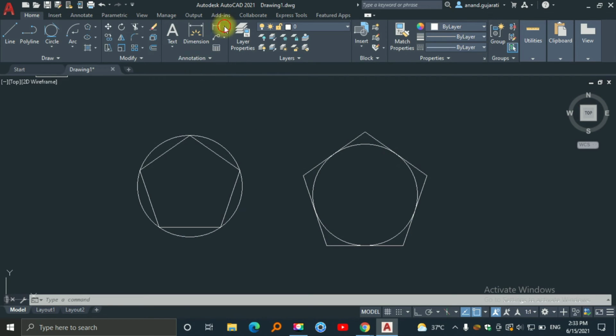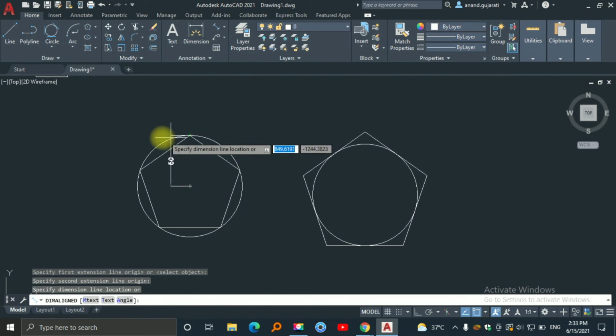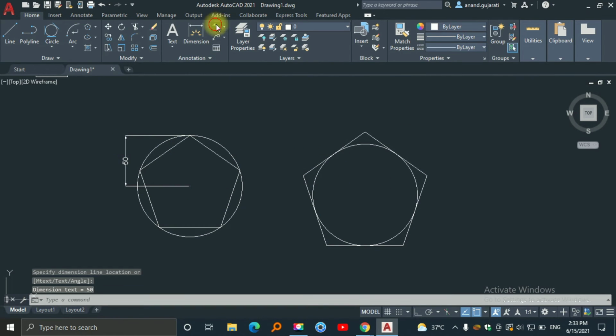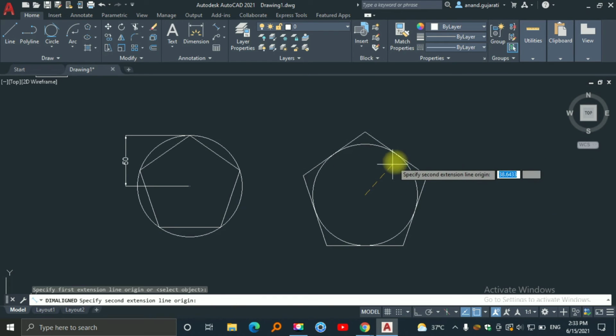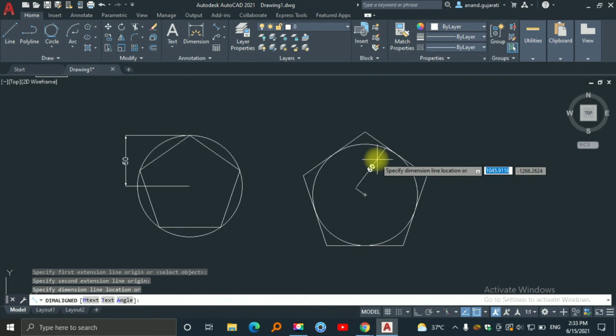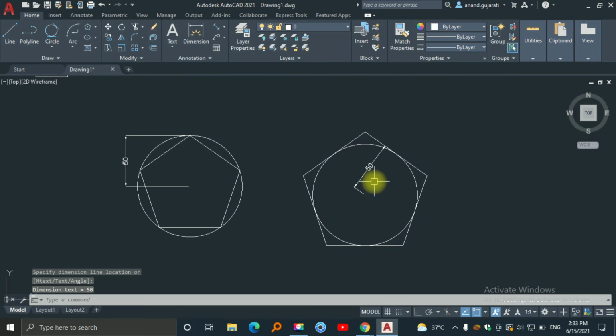That means I will show you the distance from the center to the node point is 50 and the distance from the center to this side is 50, not the node point. This is the difference between the inscribed method and the circumscribed method. I hope you can understand the situation.